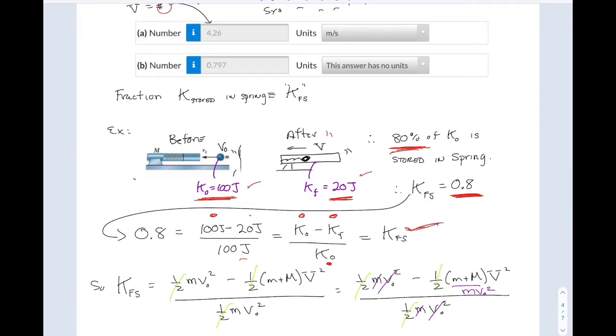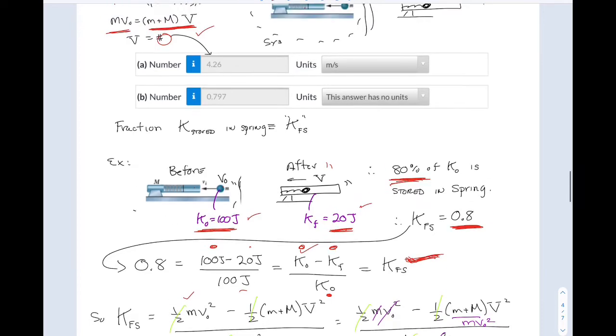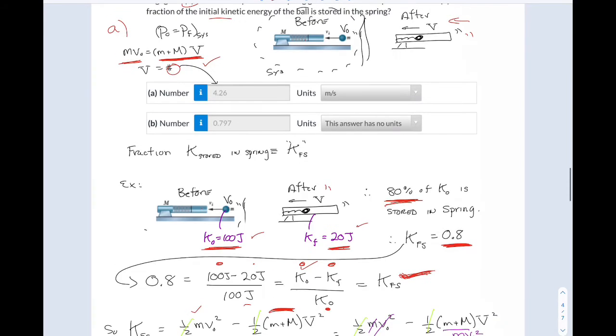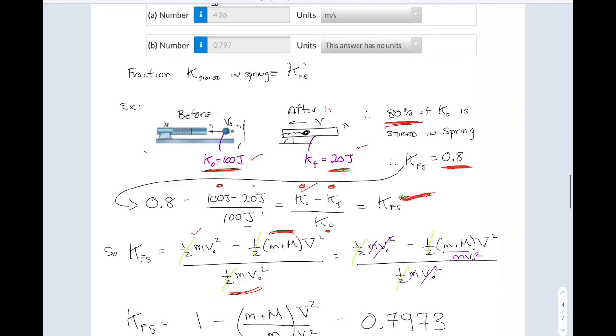So the fraction of kinetic energy that's lost, meaning stored in the spring as potential, I don't want to say it's lost, it's just converted into potential energy, is my K initial, that's just the ball coming in. My K final is they're both stuck together, the ball and the spring gun, and they move off with that speed, big V, which we have from part A,